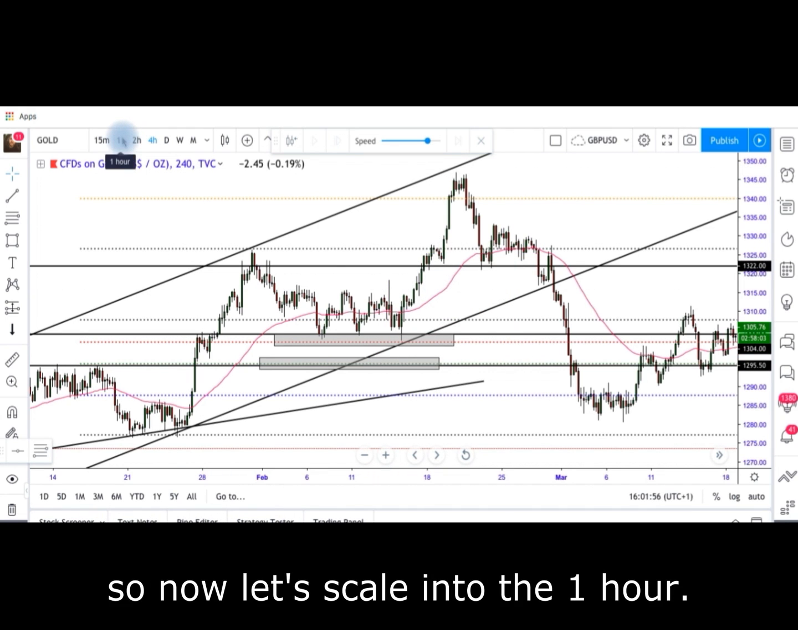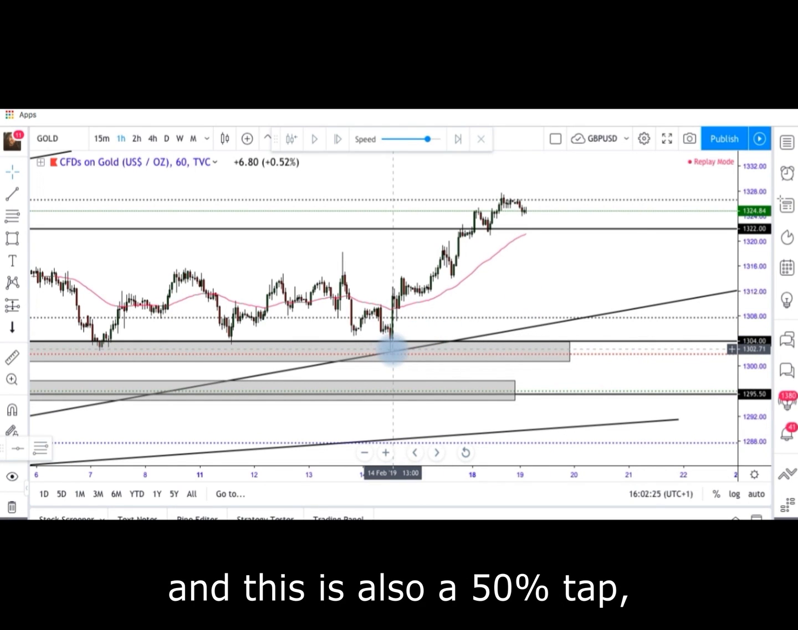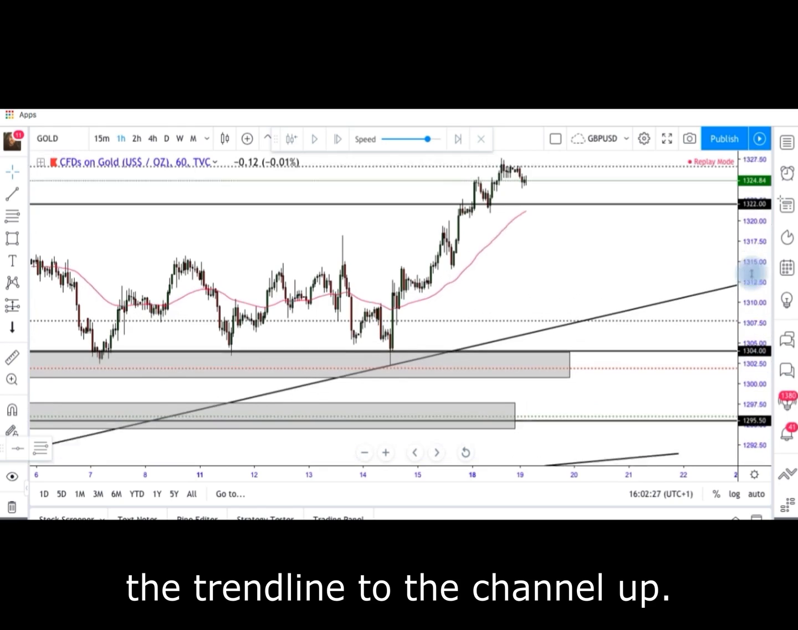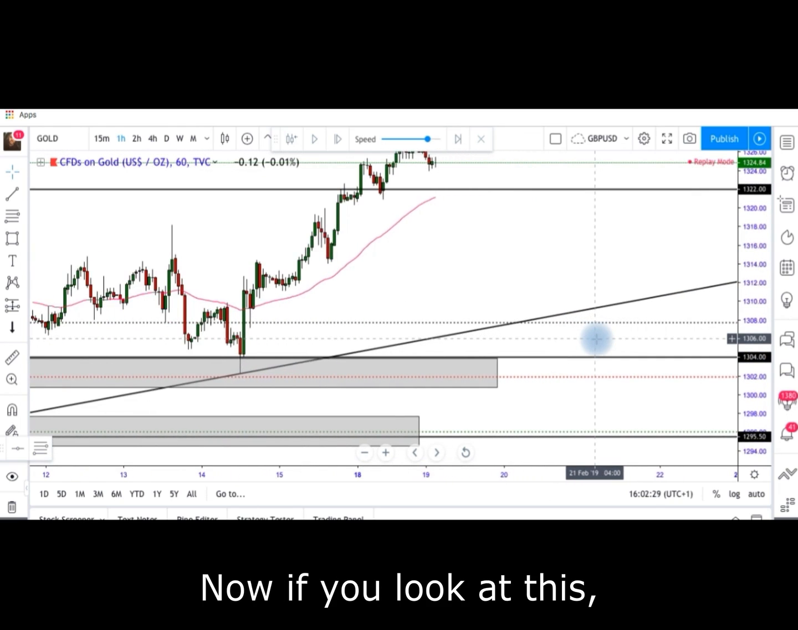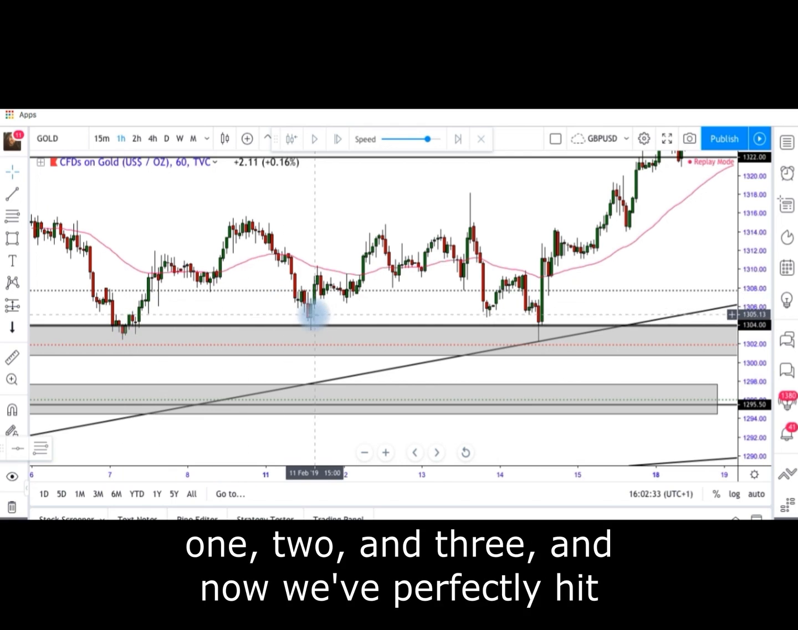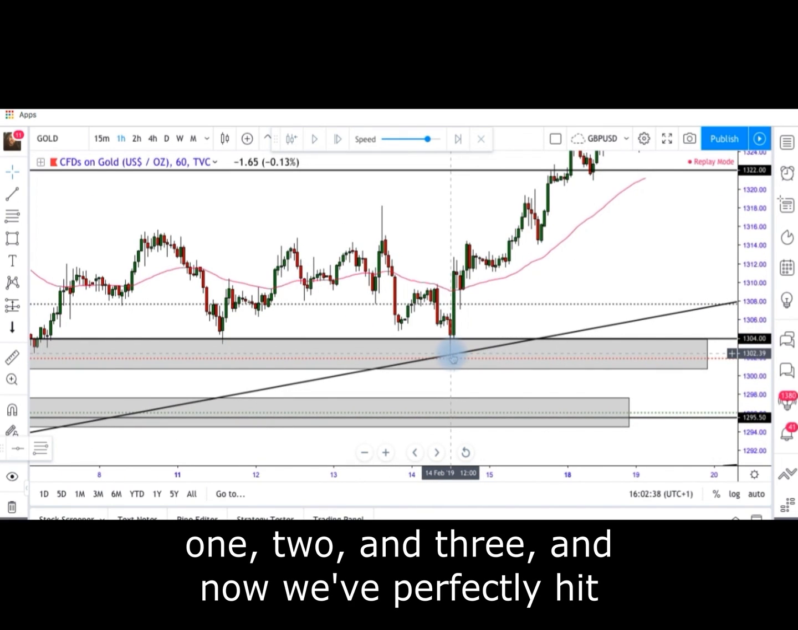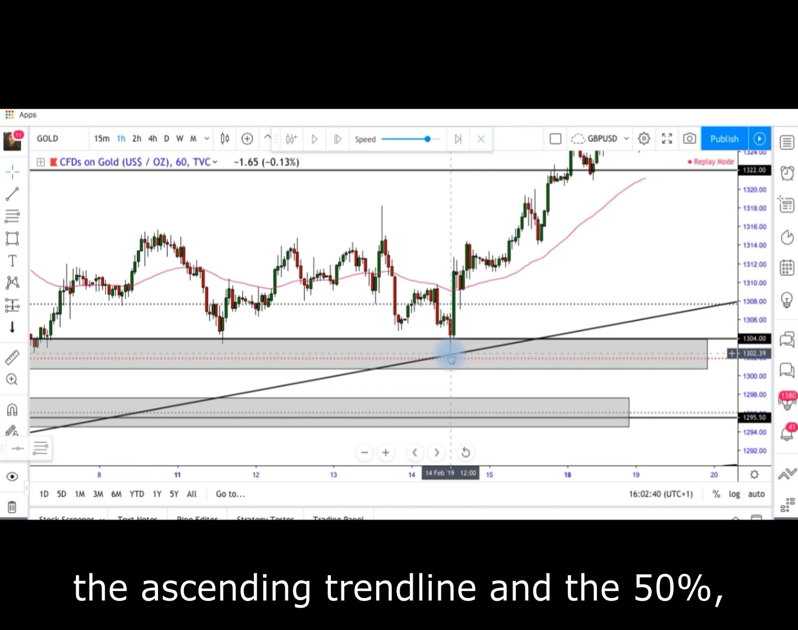So now let's scale into the 1 hour. Okay, so this is the 1 hour. And this is also 50% tap, which is obviously the channel up, the trend line to the channel up. Now, if you look at this, because we've got these multiple rejections, 1, 2, and 3, and now we've perfectly hit the ascending trend line and the 50%,